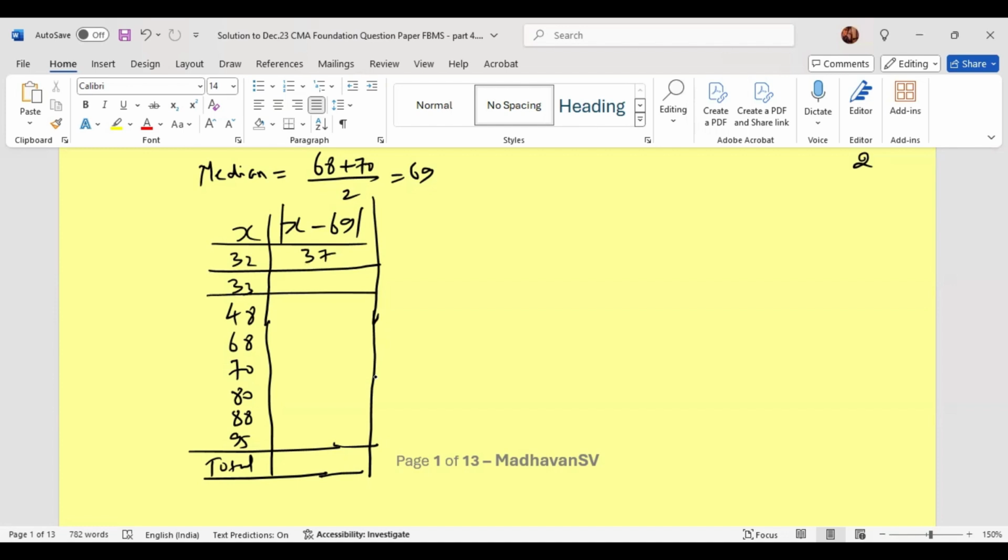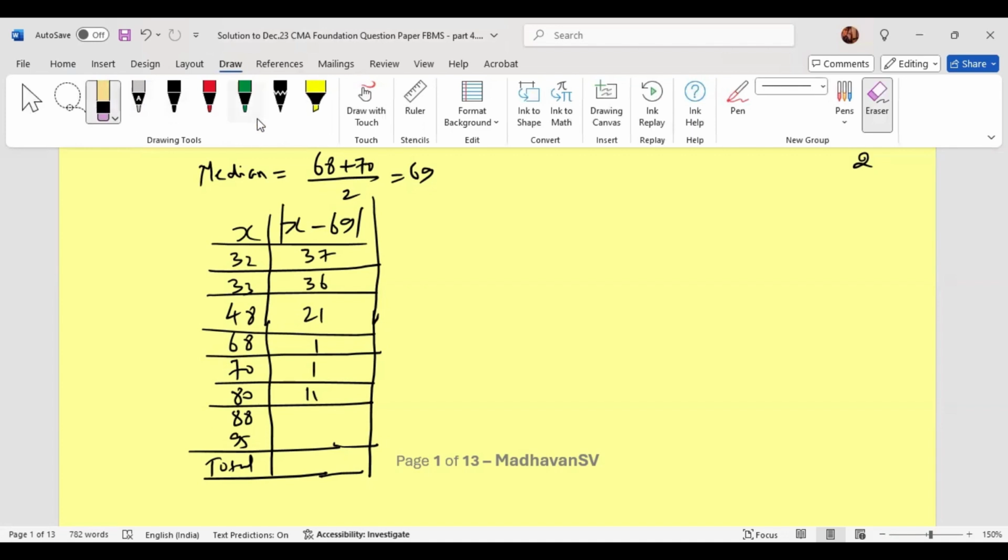First one we will get 37. Then we will get 36. Next, we'll get 21. Then 1. Again, 1. This will be 11. Next will be 19. Then we have 26. We have to now sum all these absolute deviations. We will get 152. So mean deviation about median